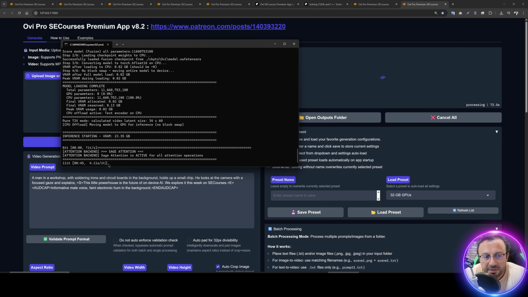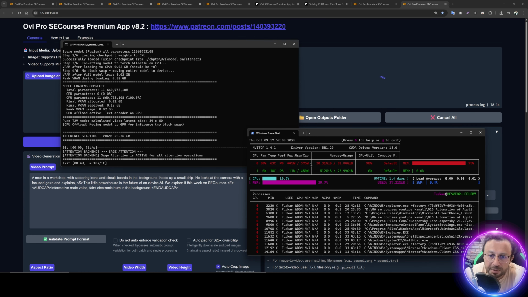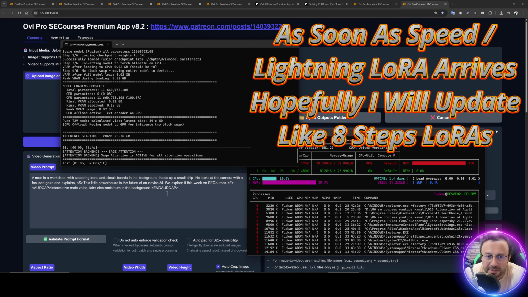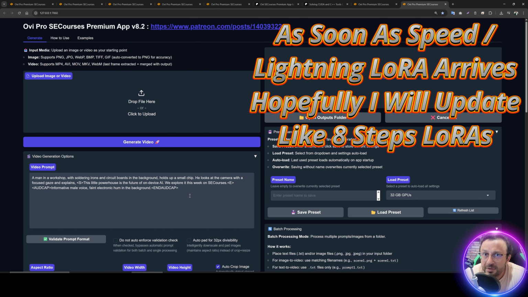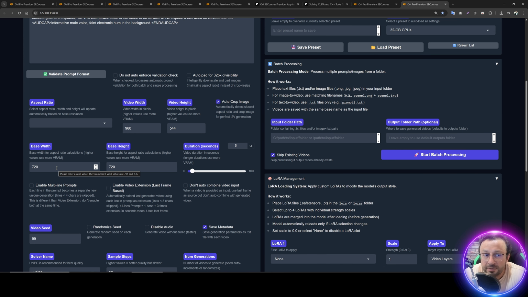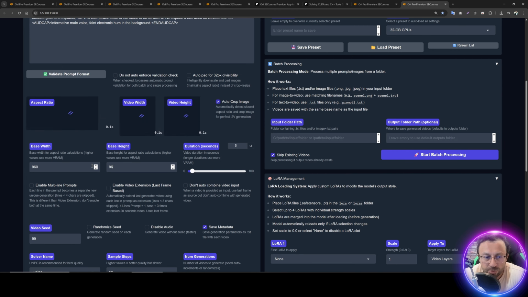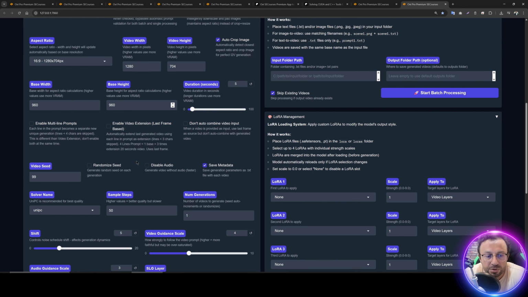So the generation started. It is currently 4 seconds per iteration on my RTX 5090. Why? Because I am also recording a video, therefore it is using a lot of GPU power. Normally this is like 3 seconds per iteration on RTX 5090, and it is really fast. I mean, it is taking like 3 minutes to generate 121 frames, 24 FPS, 5-second videos with 720 by 720p resolution. On RTX 5090, you can also generate 960 by 960, so you see this is HD resolution, without using